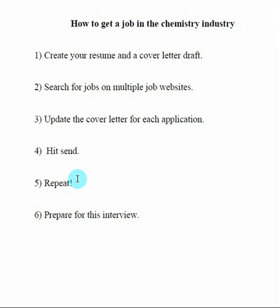But if you are actively trying to get your first job, which is going to be probably the hardest one because you don't have any experience, go ahead and apply for any that you think you're interested in. So you're going to need to repeat this process quite a few times. Then the next part, you have to remember that the businesses are going to be looking for more out of